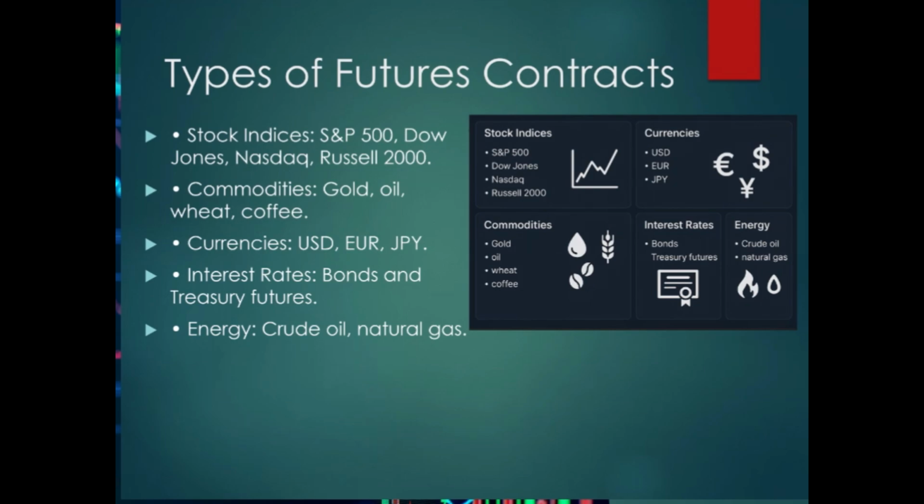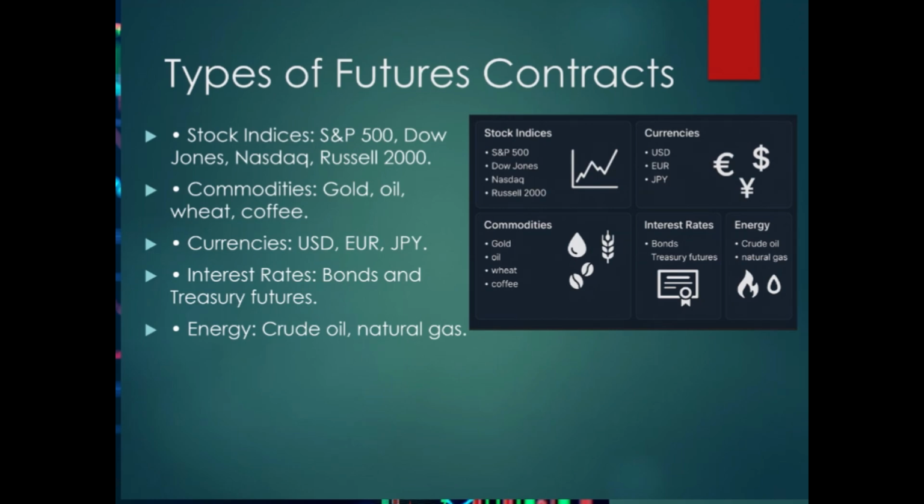Currency futures, the FX futures. Currency futures work kind of like trading forex, but with standardized contracts on regulated exchanges, right? You'll see contracts on major currency pairs like US dollars, euro, Japanese yen, or the British pound. For example,